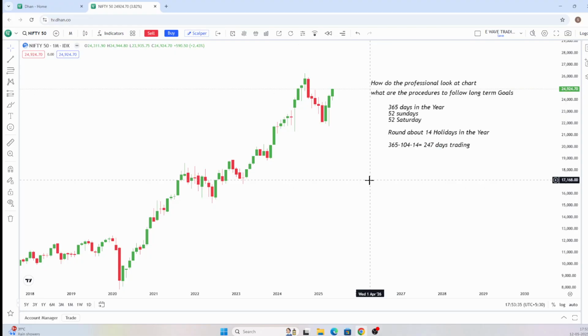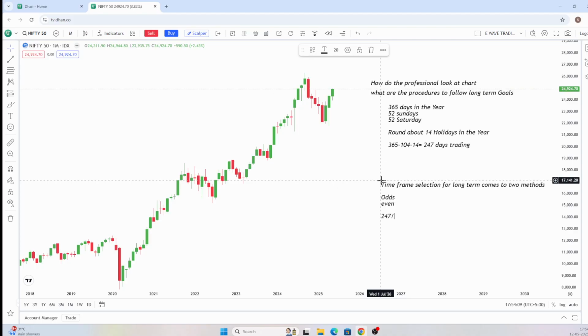So how do we go for the charting system? What kind of charting, what kind of procedures? We have two methods when we select the time frame for the long term: odds and even. Now what is odds? Odds is nothing but